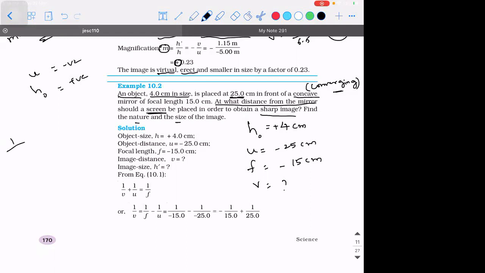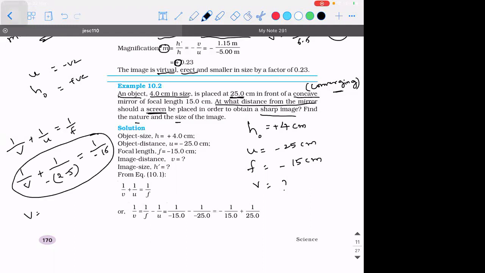It's again simple. 1 by V plus 1 by U is equal to 1 by F. So 1 by V, you don't know the sign, plus 1 by U is minus 25, is equal to 1 by F, which is minus 15. Once you calculate this, you will get the value of V as